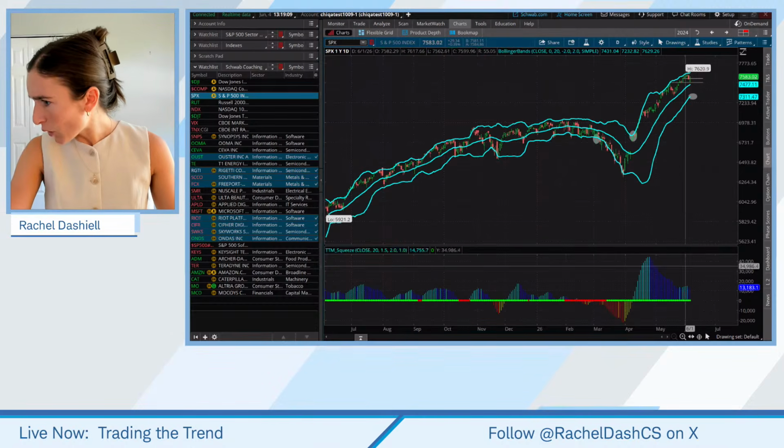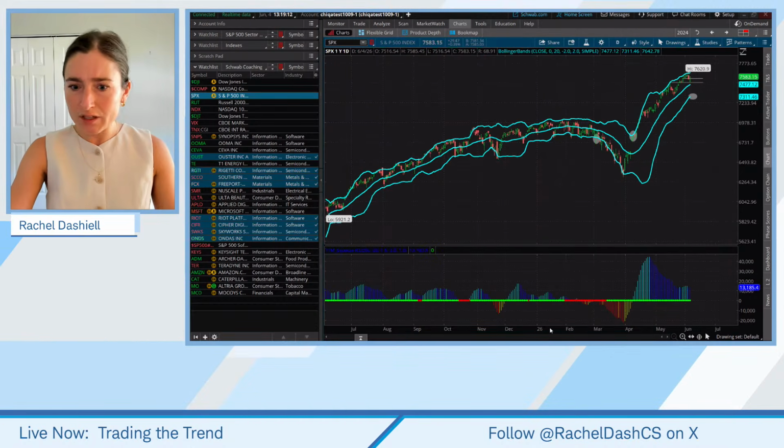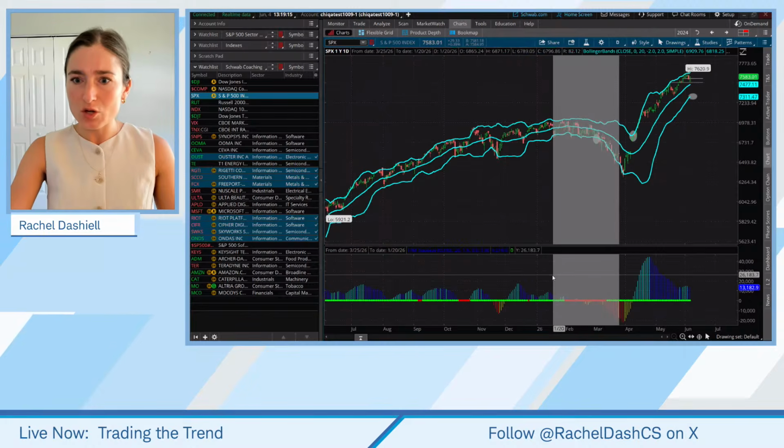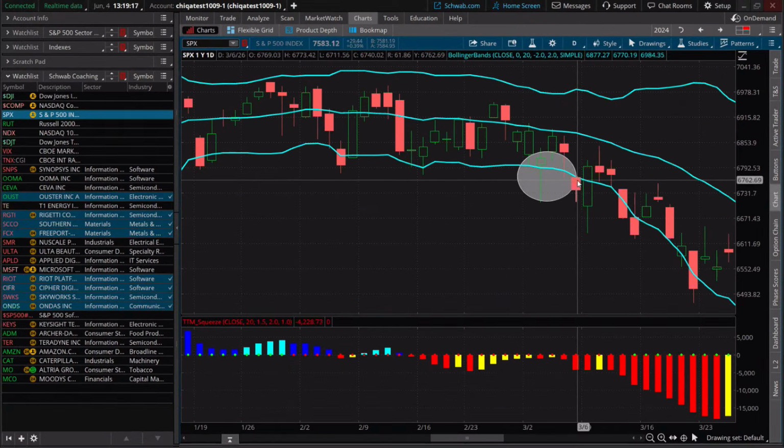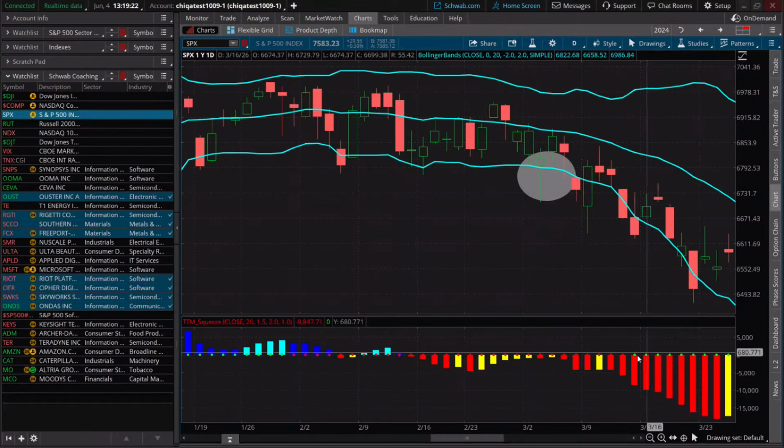And then what would be the sell signal in that TTM squeeze? That would have been our sell signal. So if we're looking at that, that is basically when the Bollinger Bands exit the Keltner channels. So we saw that on our last one. When the Bollinger Bands exited the Keltner channels was right here, when we saw that increase in the Bollinger Bands, when we first saw that first green dot there. So we saw it turn from red, which is the squeeze, to the green, which is that move to the downside.